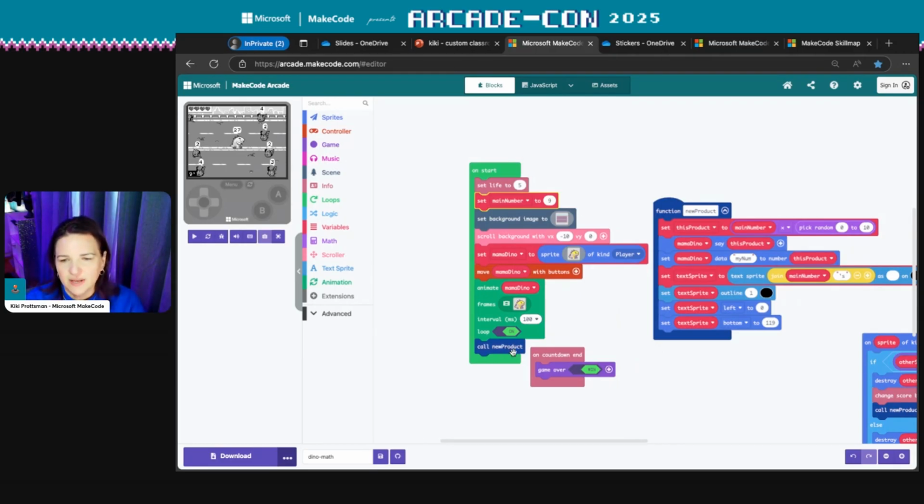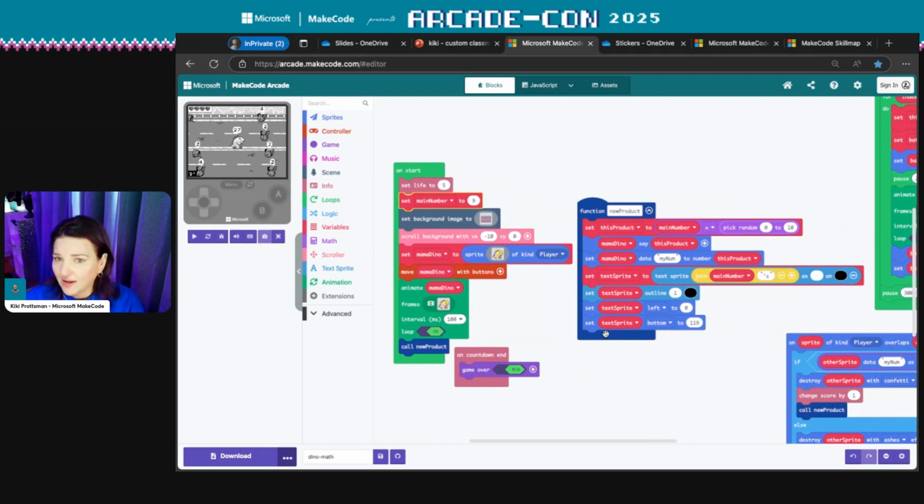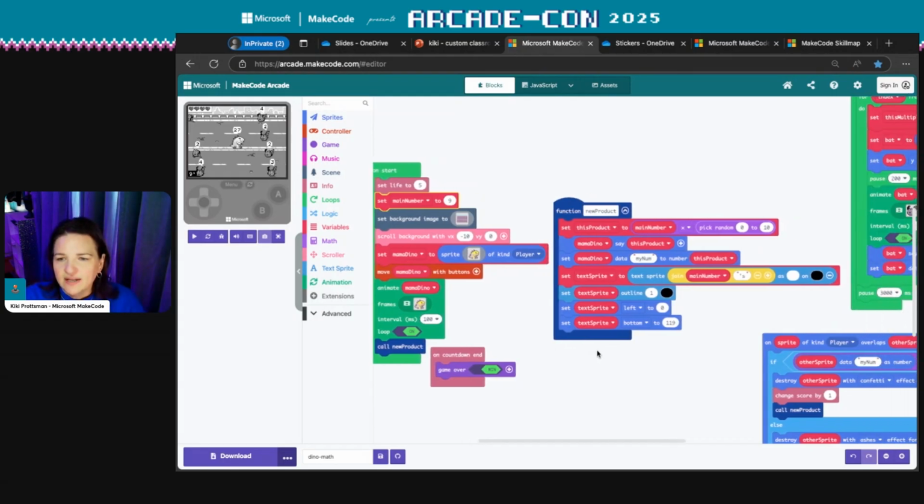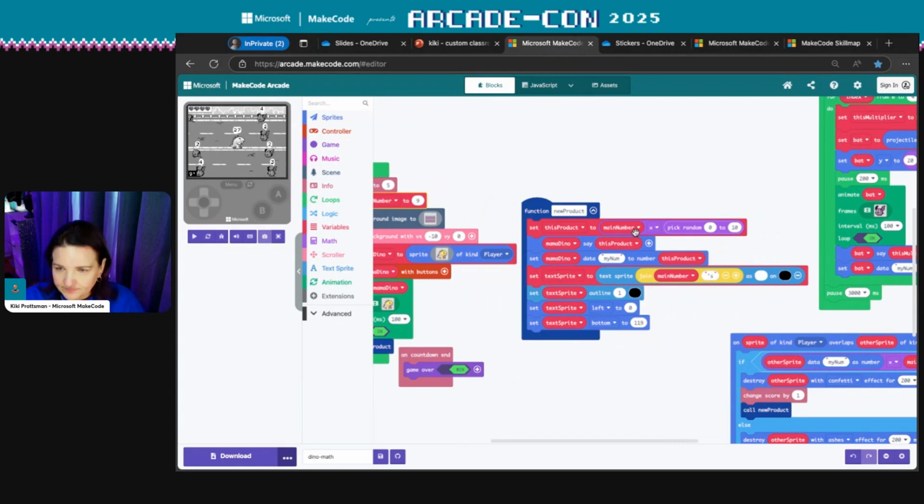And I built a lot of stuff in place and then I tidied it up later by making functions. And you can see I made a function called call new product because I wanted to do it more than just in the OnStart. I found I needed to do it again after I got the correct answer. I needed to find a new product to put in that speech bubble. So I ended up making an entire function for it. This function didn't come to my head like I know the stream team does stuff constantly and they probably have functions pre-built in their heads all the time. But that's not how it works for me all the time.